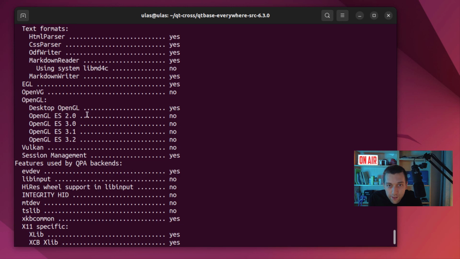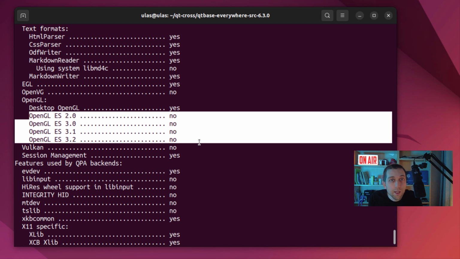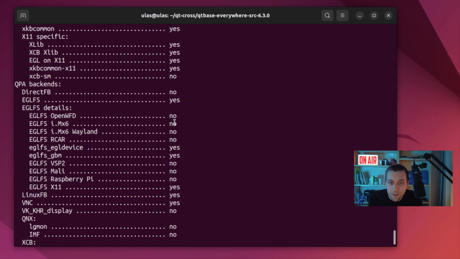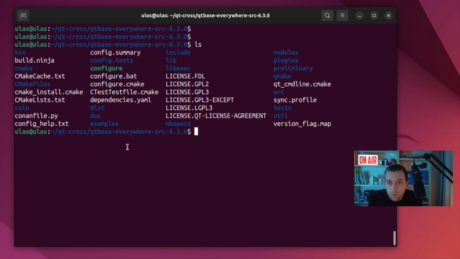Then OpenGL yes, desktop should be yes now, but I didn't enable these things. We can do that next. Okay, so let's talk about just cross compilation right now. I will explain these things, the platforms, in the next contents, not now, because it's making things more complex. So that's okay. Then we can CMake